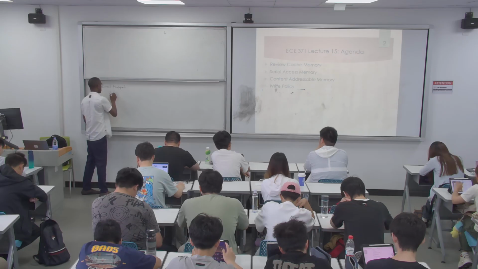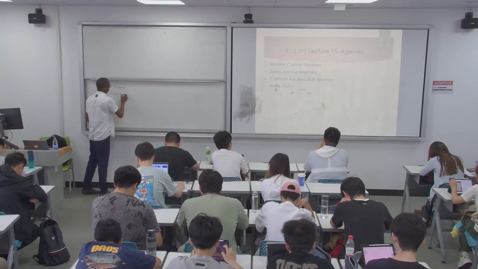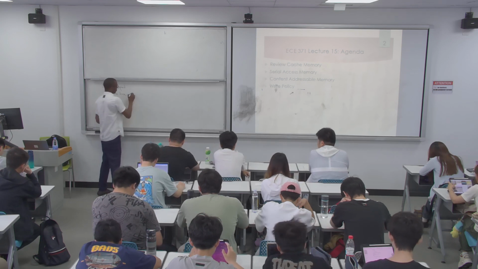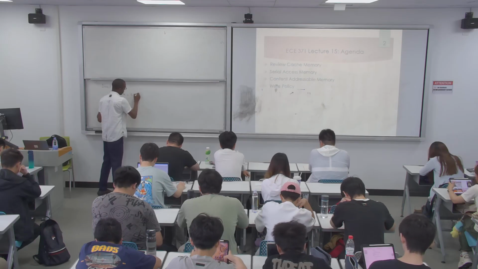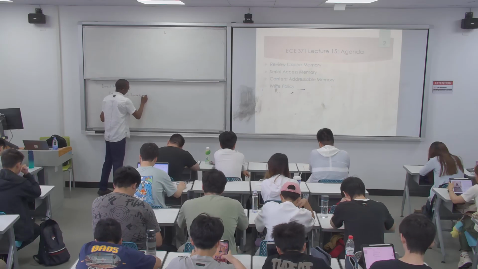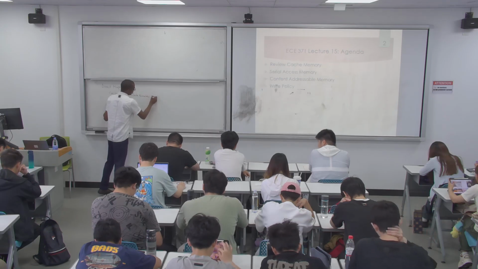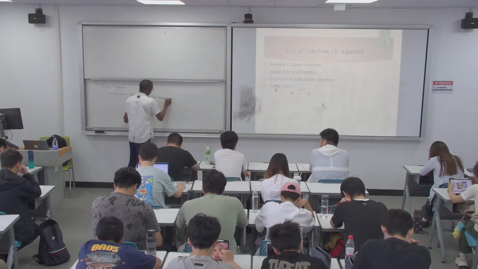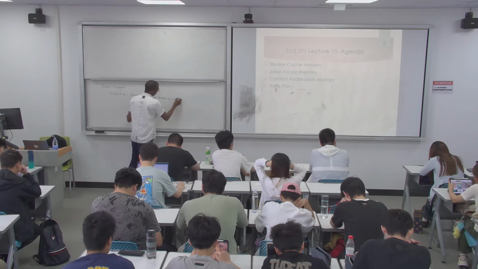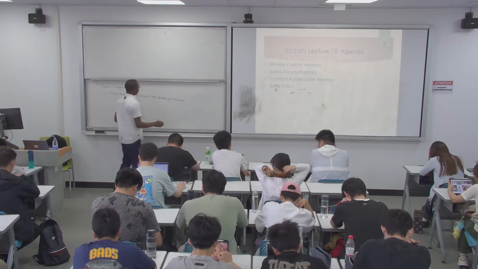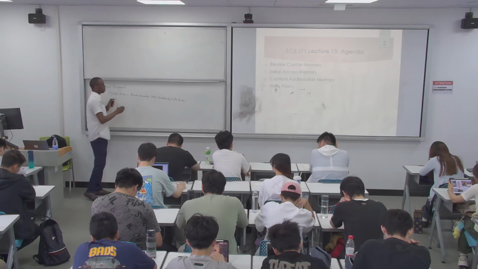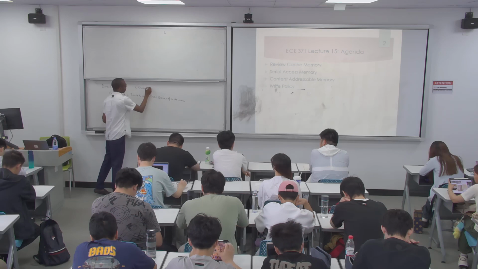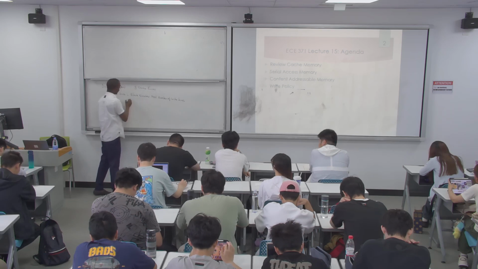To find the cache line for a main memory block, we do the block number, this is the block from the main memory, mod the number of cache lines. If you have block 12 from the main memory and we have 8 cache lines, to find the cache line